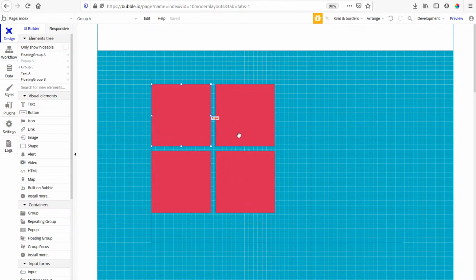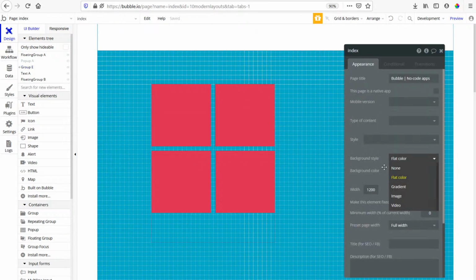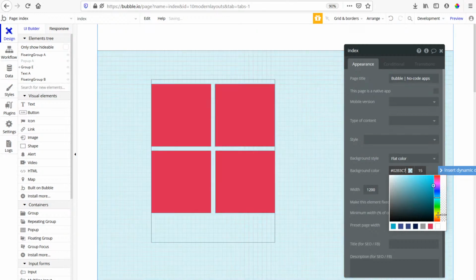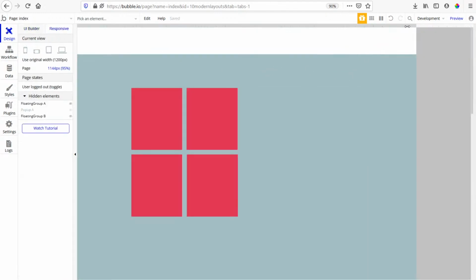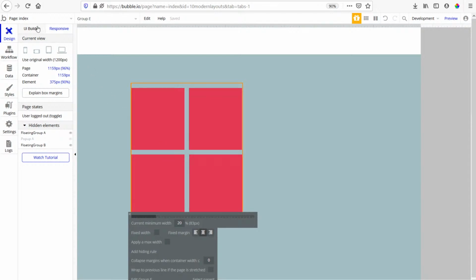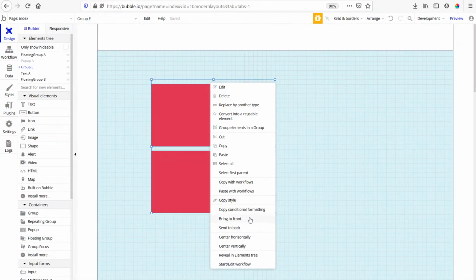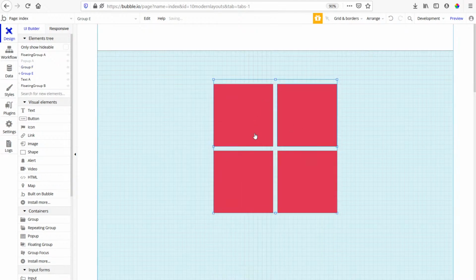Okay, so now all of my margins are aligned, and this grid is hurting my eyes, so I'm going to change the page background color to something a little bit more manageable. Red versus green was sort of hurting. Alright, let's see what we get here. It's both of them snapping out, and oh right, so what I would need to do is center this horizontally, and I would need to group this into a group,